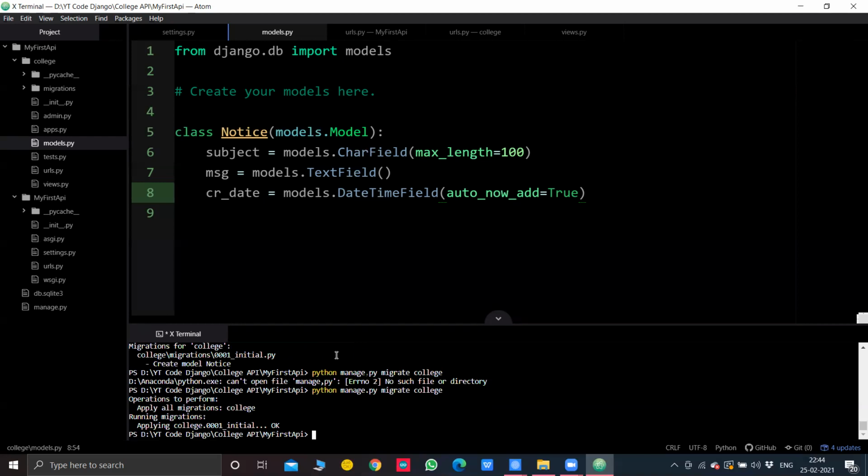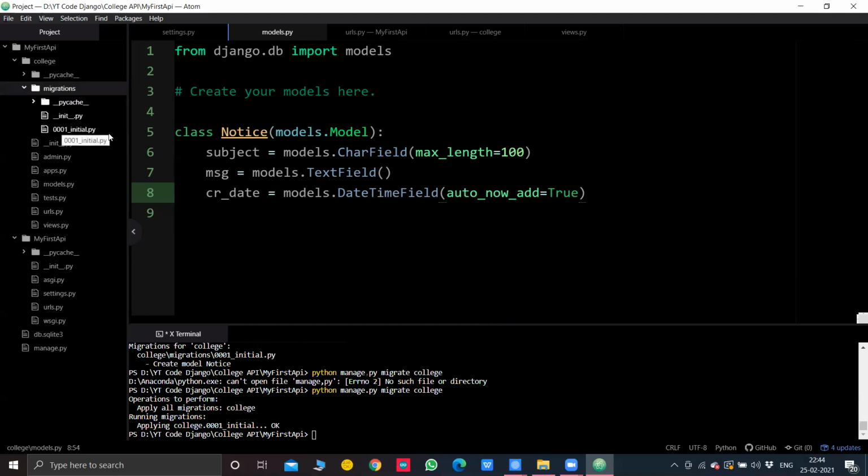Now you see applying college 0001 initial. You can see in this migrations 0001_initial.py, there are files created inside this migrations directory of our college application that shows that yes, it's confirmed.